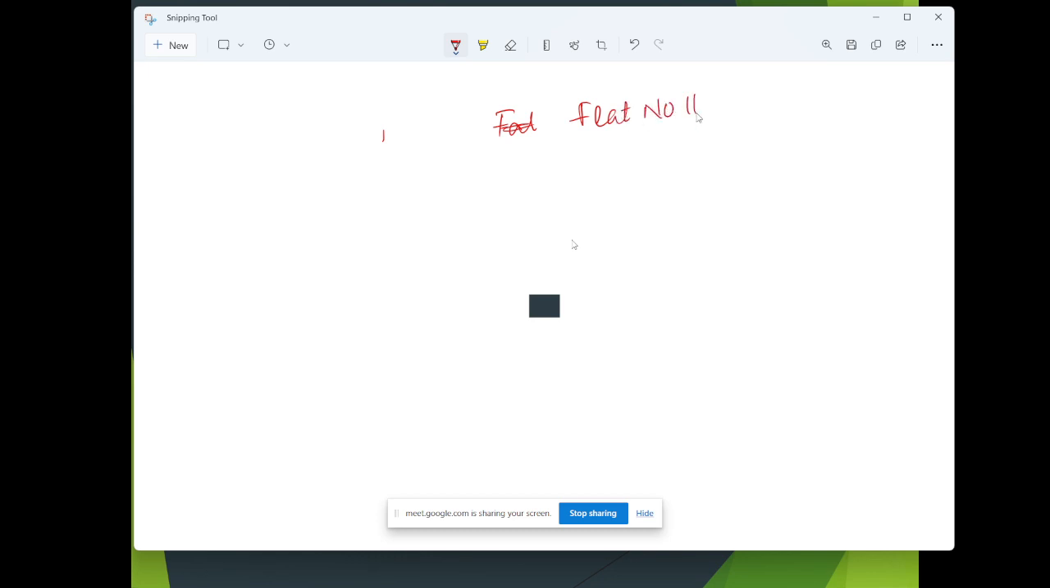flat number 103, comma, Sahid Nagar, Bhubaneswar, 751015. So just look at this data. It has alphabet, it has numeric, it has special characters, hash, space,